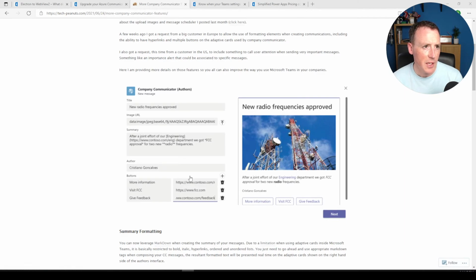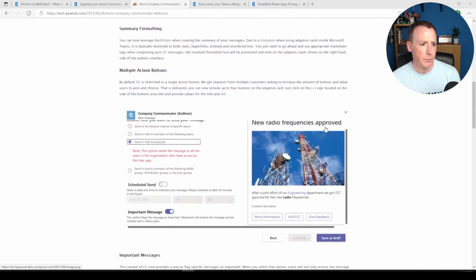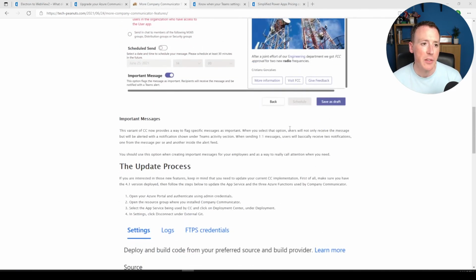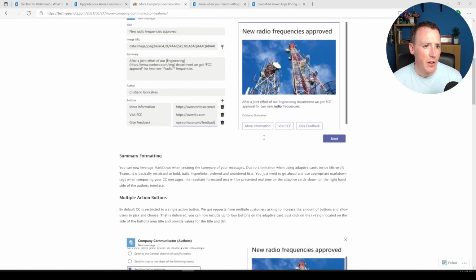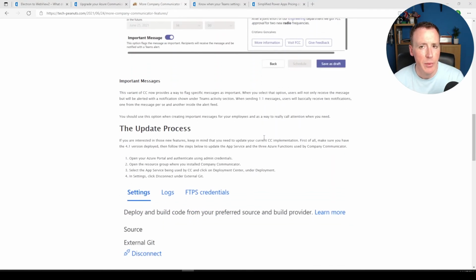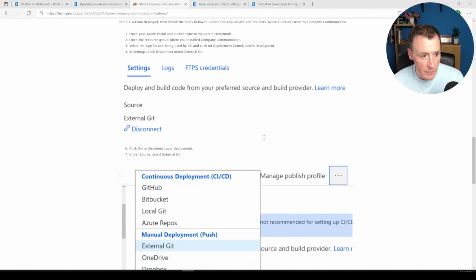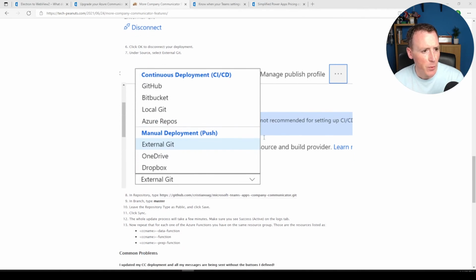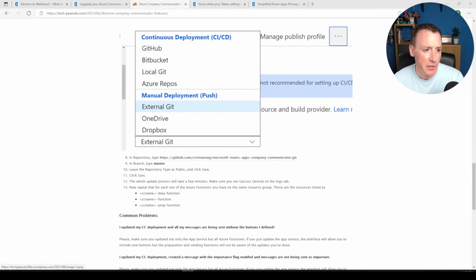So you can see multiple buttons. You can see hyperlinks. You've got the ability to flag messages as important as well, which is kind of nice. Some really nice changes here that you could implement if you've got Company Communicator. And a couple of different ways you could do that. This person goes through